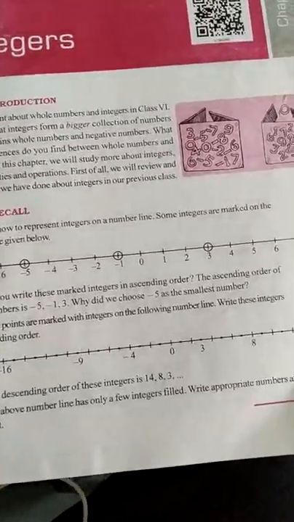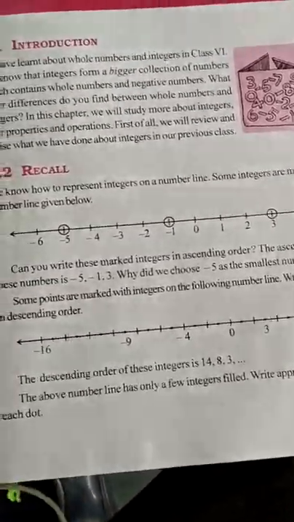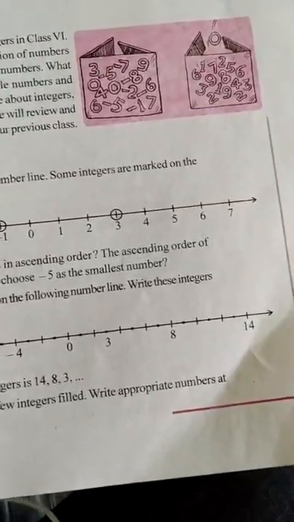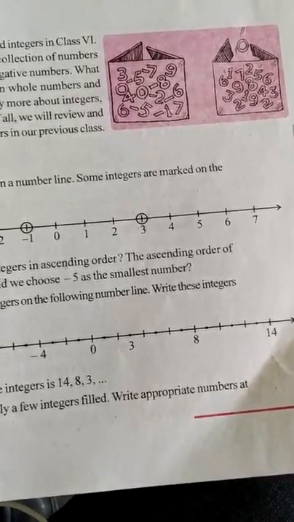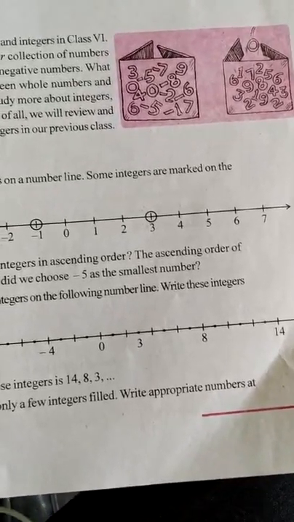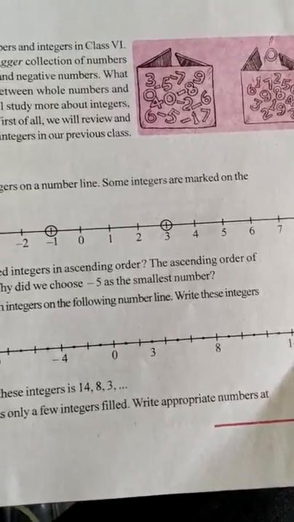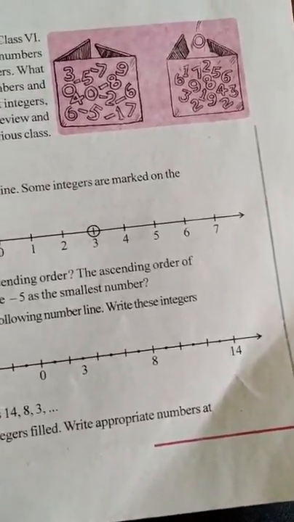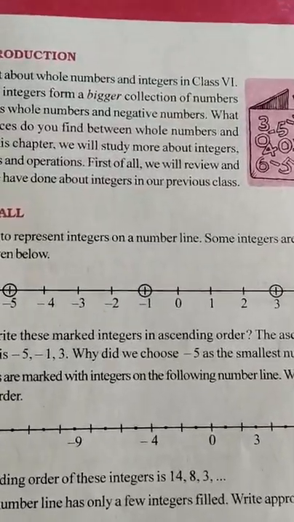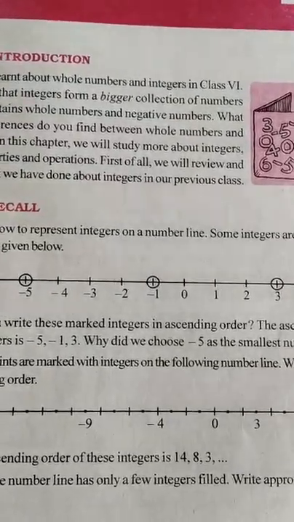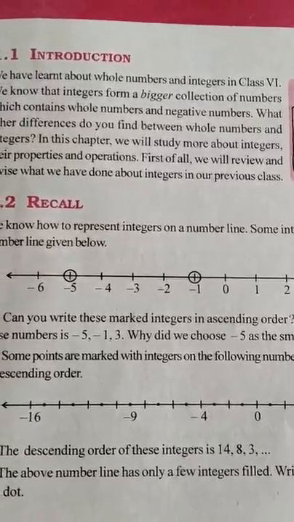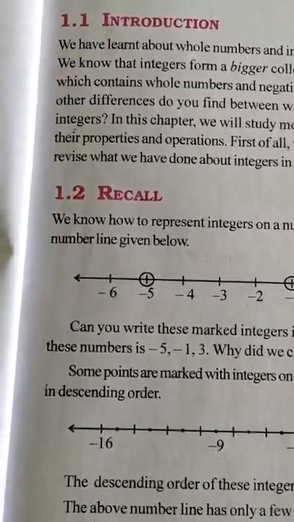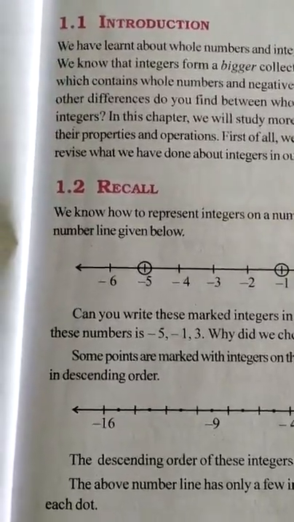You can clearly see the number line. The right side of the number line is the positive side. The positive numbers are denoted on the number line like 1, 2, 3, 4, 5, 6 and so on. Here is 0. To the left side of 0 there are negative numbers like -1, -2, -3, -4, -5, -6 and so on.